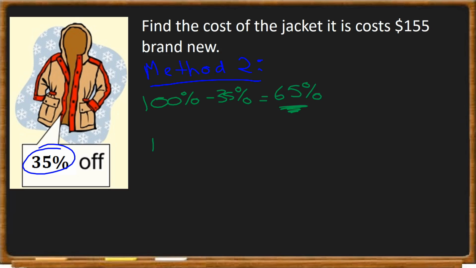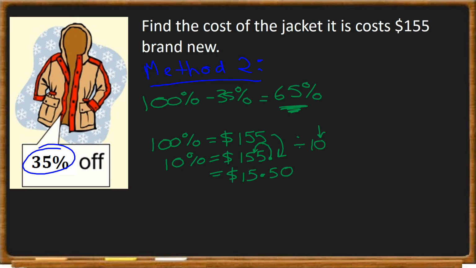So if I know that 100% is $155, then 10% is just dividing by 10. To divide this by 10, it doesn't end in a 0, so it's not as easy as crossing off a 0. What you can do is move the decimal place one place. If you're not sure where the decimal place is, it's always at the end of a whole number. So when we divide by 10, we move one place to the left because there's one 0 in 10, and that gives me